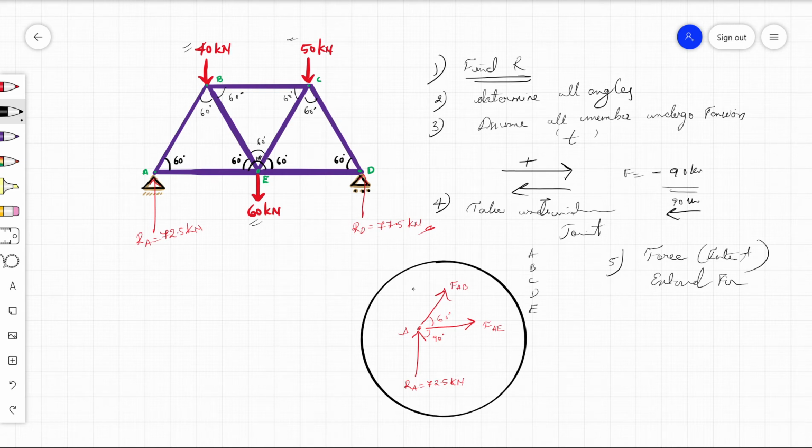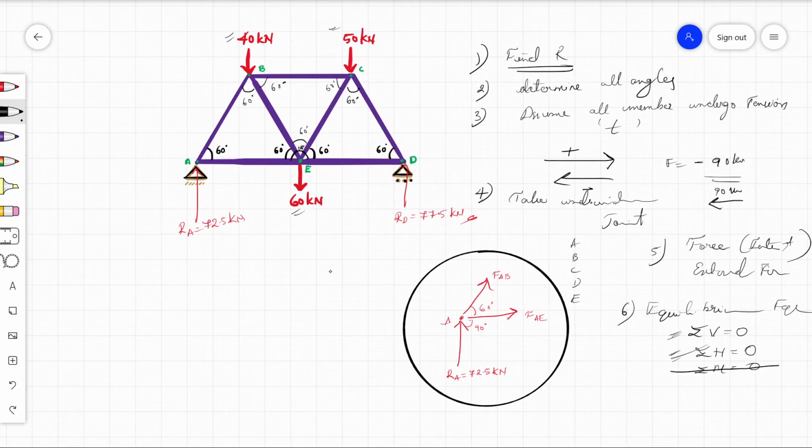And the sixth one is we apply the equilibrium equation. That's it. What is that equilibrium equation? Summation of all vertical forces is equal to 0, summation of all horizontal forces is equal to 0. There is one more, summation of moment about a point is equal to 0, which we are not using. That means for joint A, we use these two formulas, joint B these two formulas, joint C these two formulas, whatever the joint, we use only these formulas, nothing else. One joint I'll solve, you'll understand how easy it is. So let us go with the first joint.